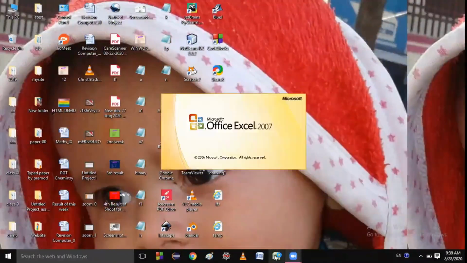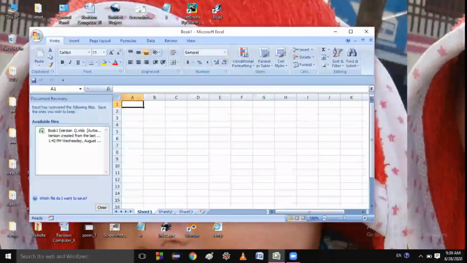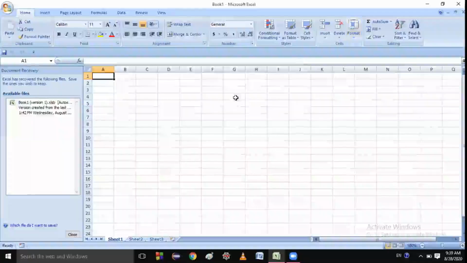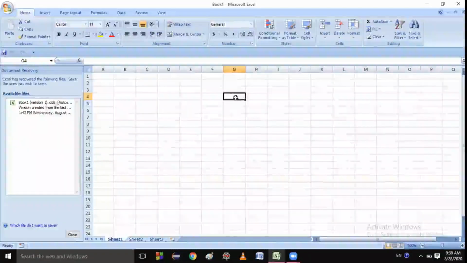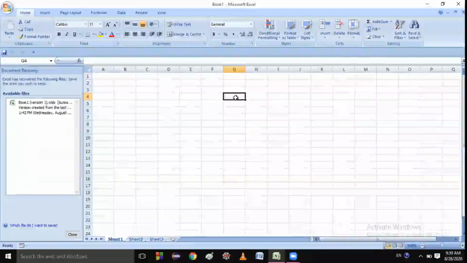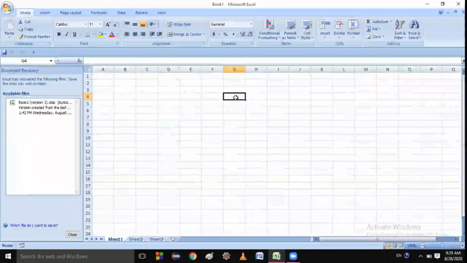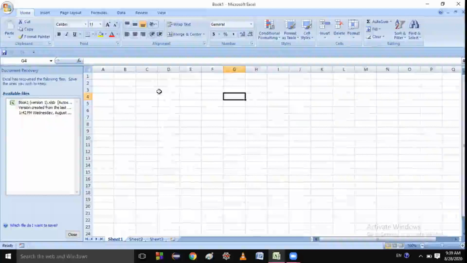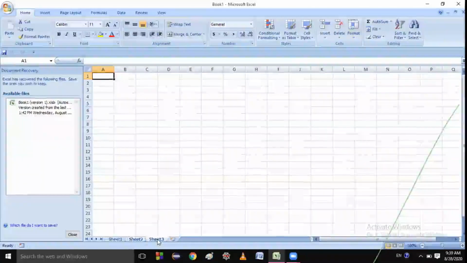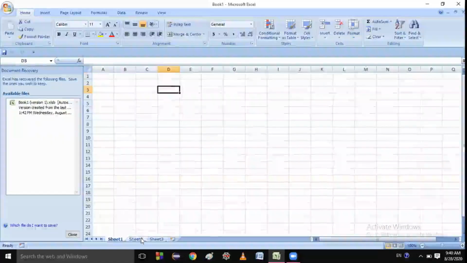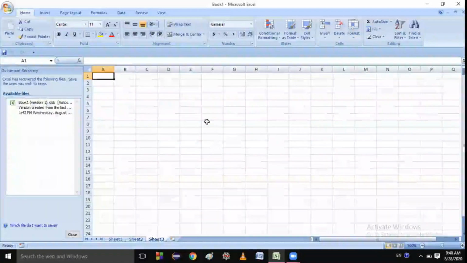Errors, and also I made some marks result sheet. Okay, yes. But that are deleted, the report card, that are deleted.